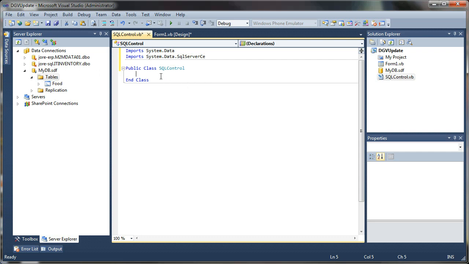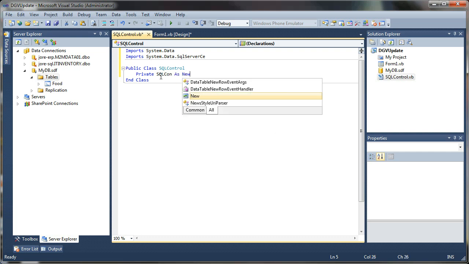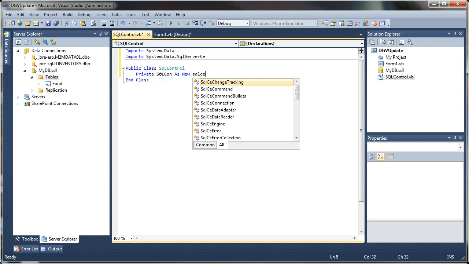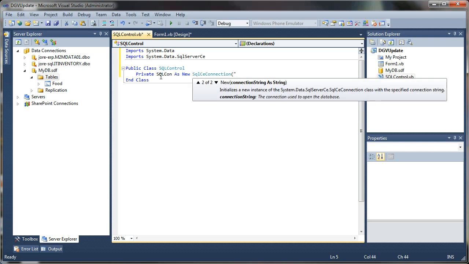So first and most important is our SQL connection. So I'm going to create a private variable called SqlCon as new, and it's important to specify that it's new if you want it to automatically generate this SQLCE connection. And I'm going to add one very important parameter, and that's our connection string. To connect to any database,